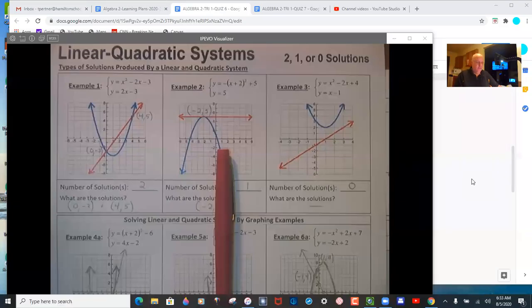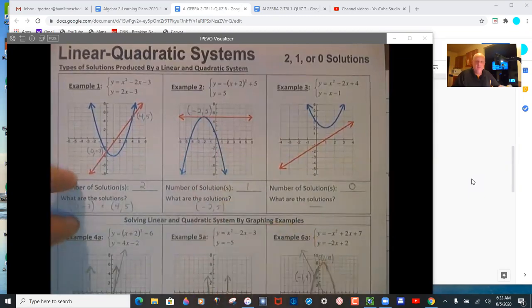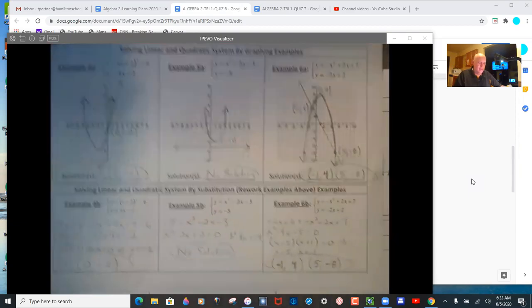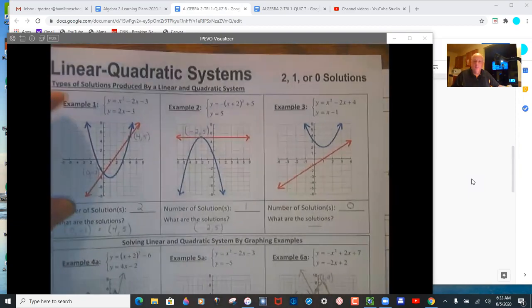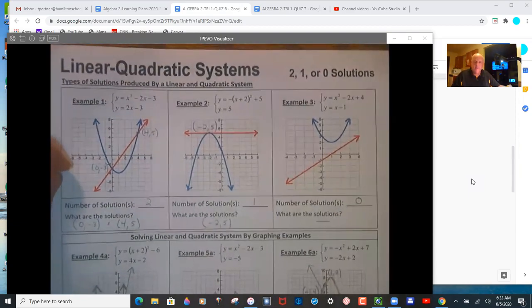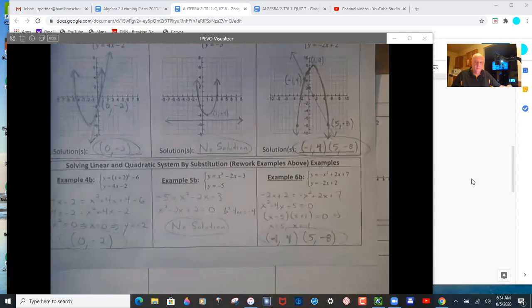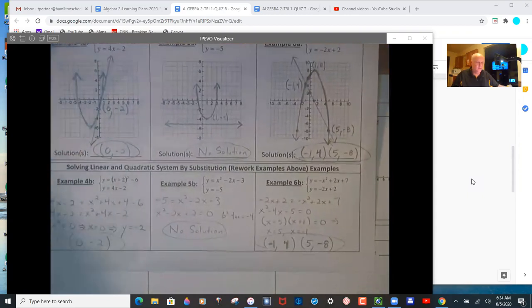This is the first assignment for the 6th quiz in the first trimester. So there is this page of notes to print out and refer to, and it has, for linear quadratic systems, this is what we are studying, solving these. Now it has an example of each kind: one where there's one solution, no solution, and two solutions, and how